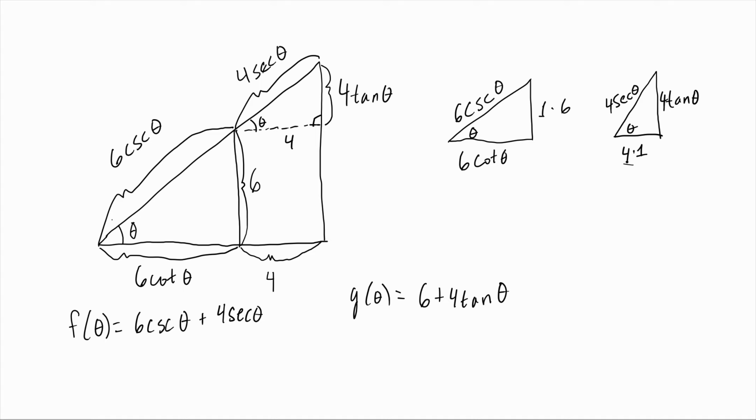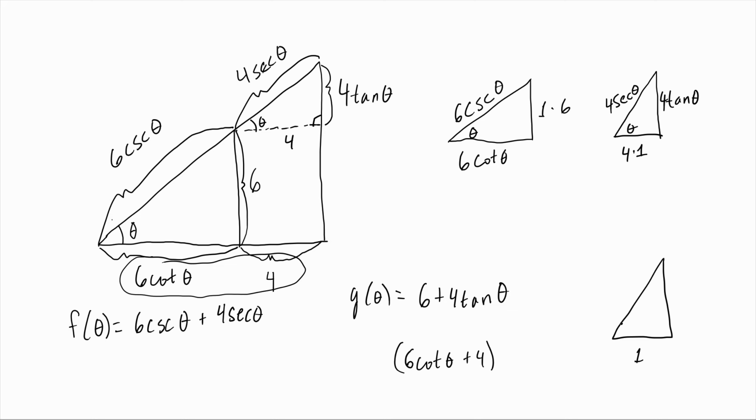And instead of a 4, you would be thinking of 4 plus 6 cotangent theta, and just multiply that to tangent theta or to secant theta, and you should get the exact same thing. I mean, we could try it out if you want, and I think it's good just to see different ways how this might go. So if this bottom length right here is 6 cotangent theta plus 4, then using a triangle